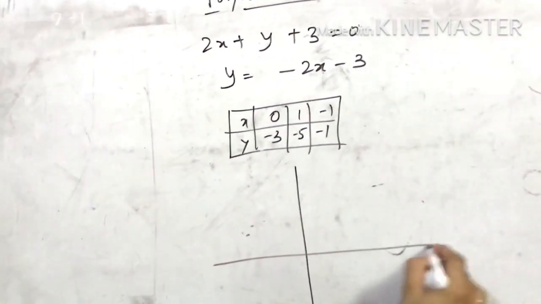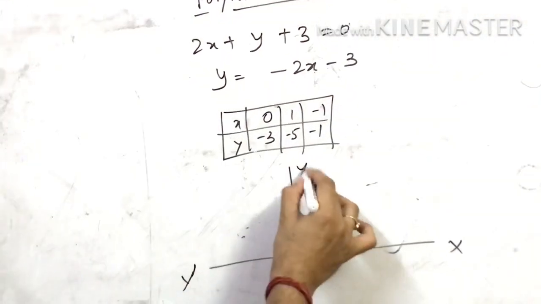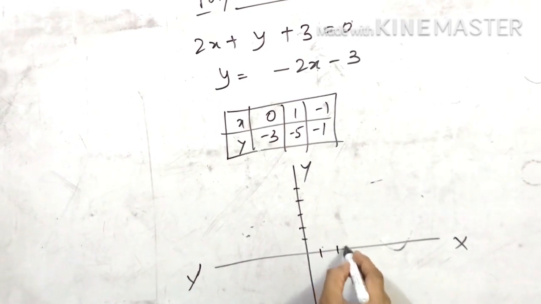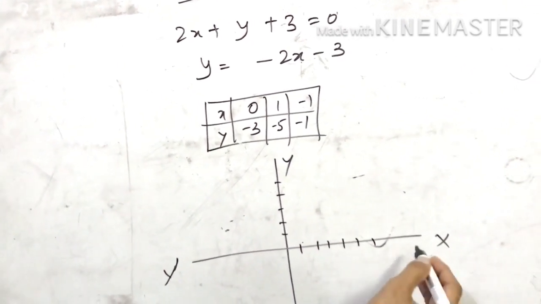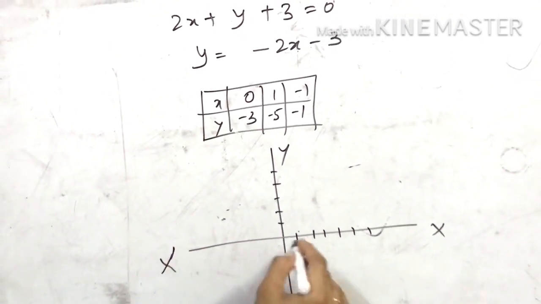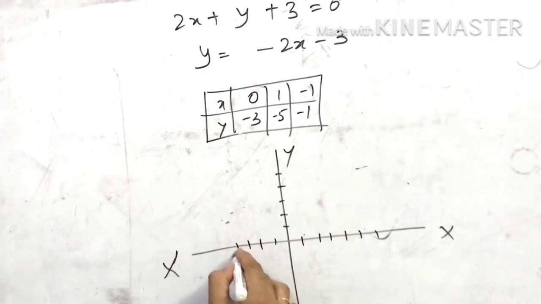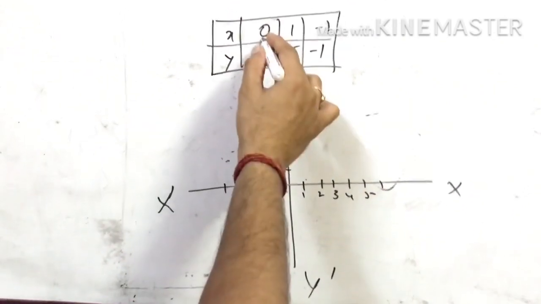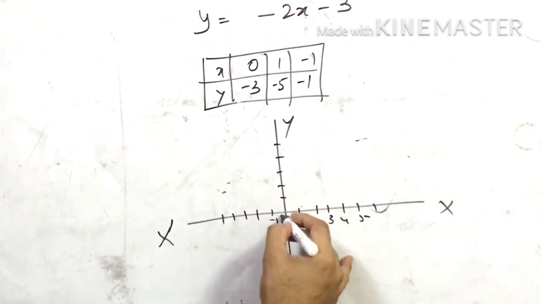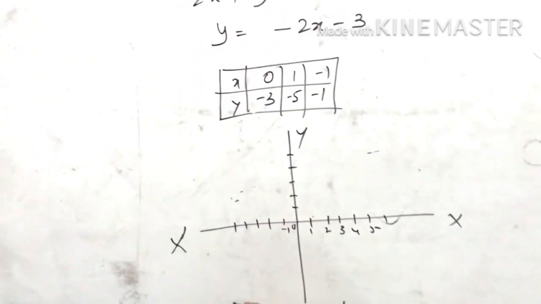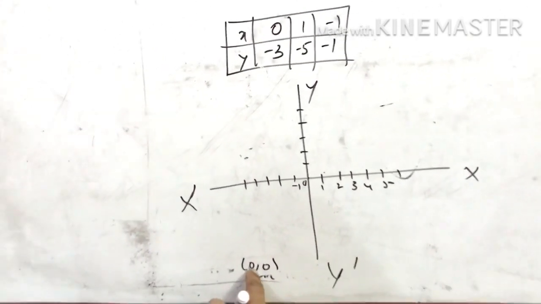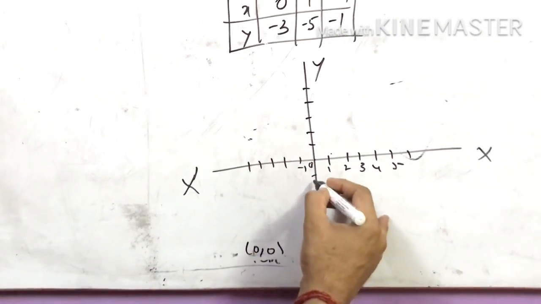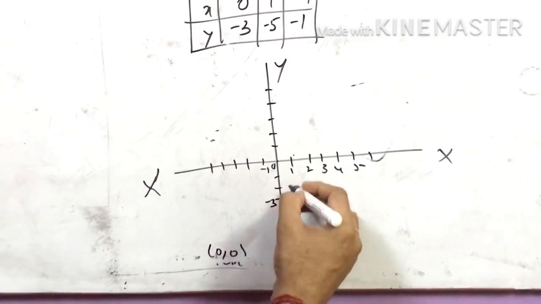So when you draw a graph, x dash, y dash, here positive values are there on these axes. So this is x dash, and here you will have negative values of x. Suppose you have to show 0, minus 3, so it is origin. So it is here, both coordinates are 0, 0. For x and y, both are zeros. So y is minus 3.